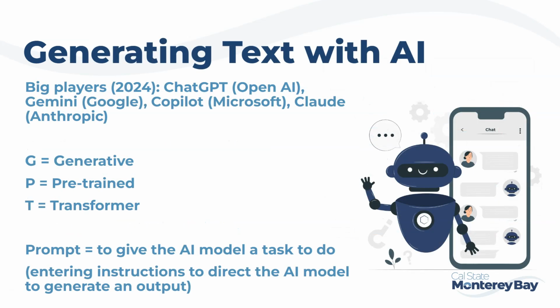Creating text with AI has been all over the news for years now. It's not a new concept, though. ChatGPT by the company OpenAI is likely a name you're familiar with, and the GPT stands for Generative Pre-trained Transformer. Other big players include Google with Gemini, Copilot by Microsoft, and Claude by Anthropic. These products are examples of frontier generative AI models, which are highly capable, general-purpose AI systems that push the boundaries of what's possible with current technology.